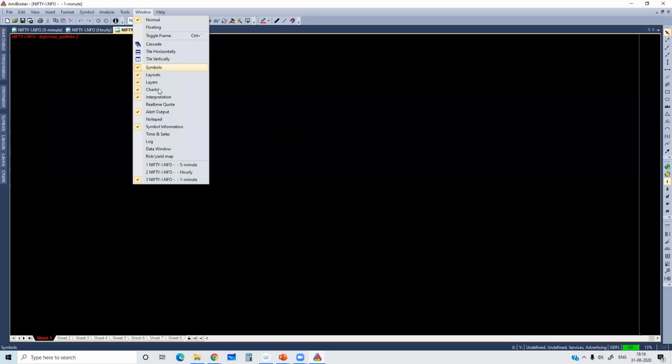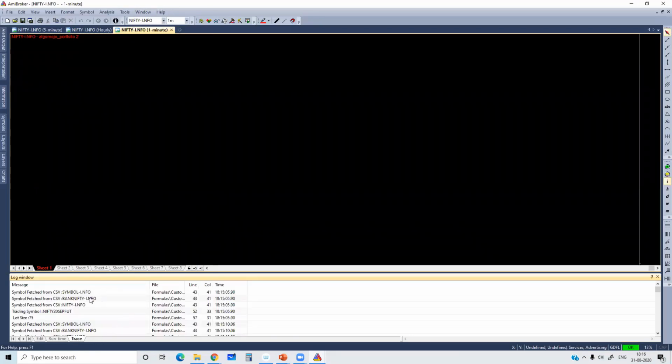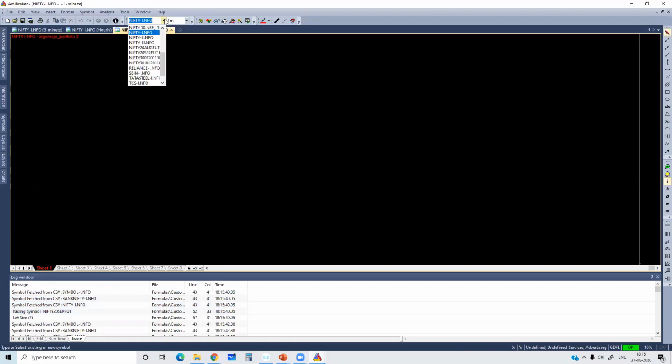All right, now I'll go to the window, log window, trace, and I should be able to see the symbols. I should be able to see the lot size. The trading symbol also I'll be able to see, which is something like TCS.